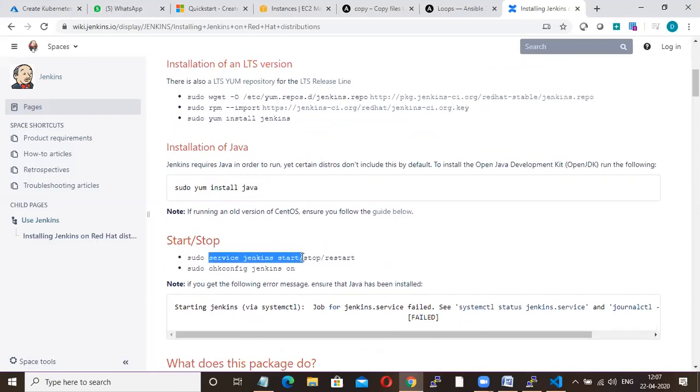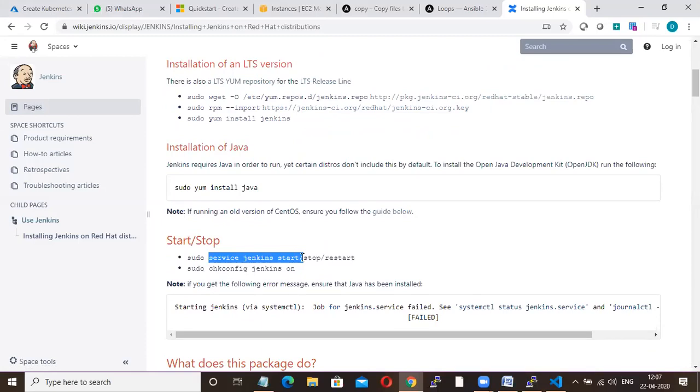So these are the steps you have to perform: first the yum repo, then import the key, then install Jenkins, then install Java, and then start Jenkins.